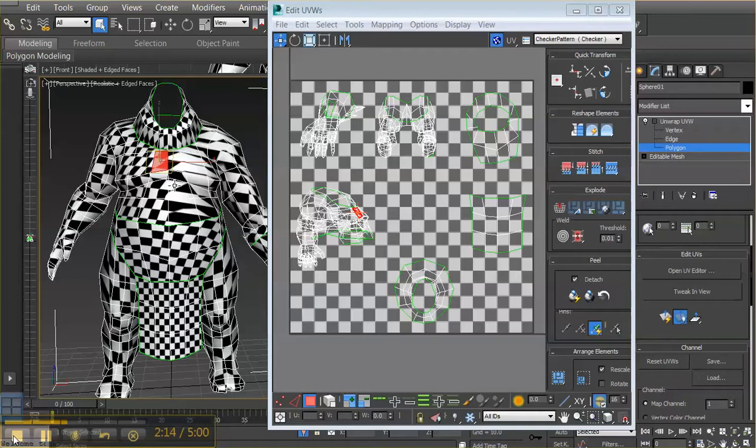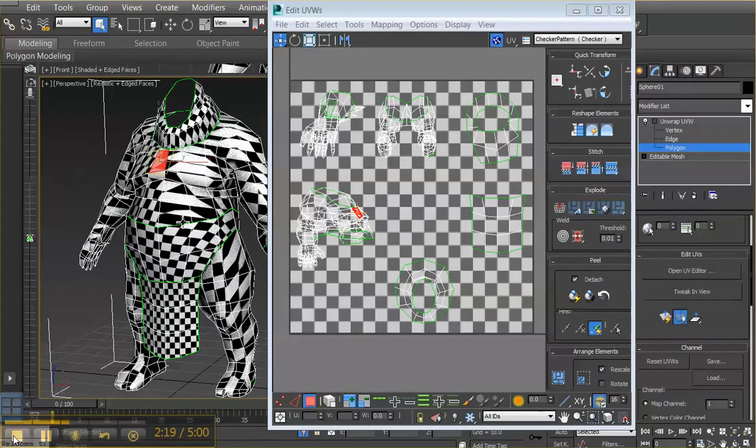Next step I want to do is I want to select only the chest part, the front of the chest, which is something that you would like to do to kind of cut the character into segments that are easier to work with. So I'm going to click on these two faces, and I'm holding the Control key to select more than one, like that. So I click on those two faces, and then I go down here on the UV editor window